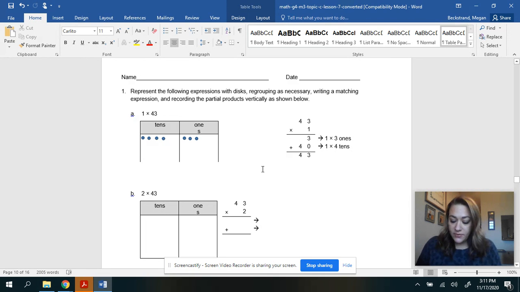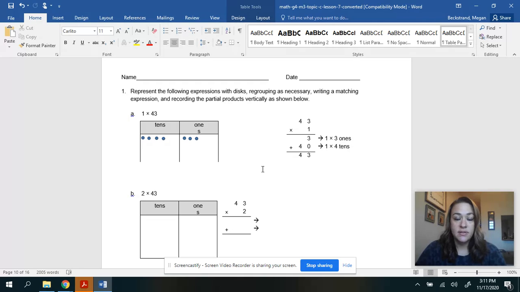Our objective for this lesson is: I will be able to use place value disks to represent 2-digit by 1-digit multiplication. So in your last couple of lessons, we've been multiplying tens by 1 or hundreds by 1. So 20 times 5 and 60 times 7. In this lesson, we're going to have value in both of our place values, multiplying it by a single digit. And we're going to look at what that looks like on a place value chart and what that looks like with a strategy called